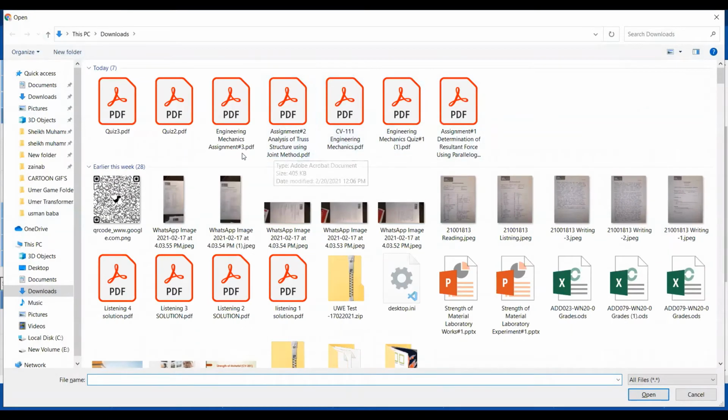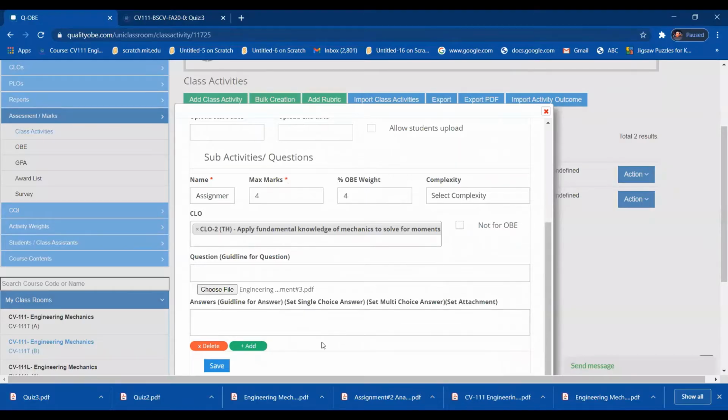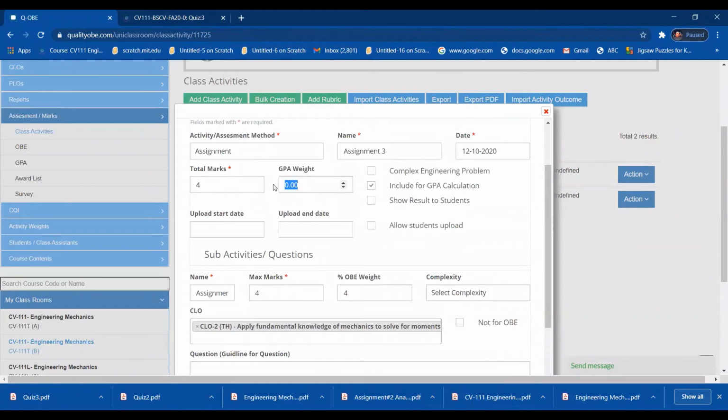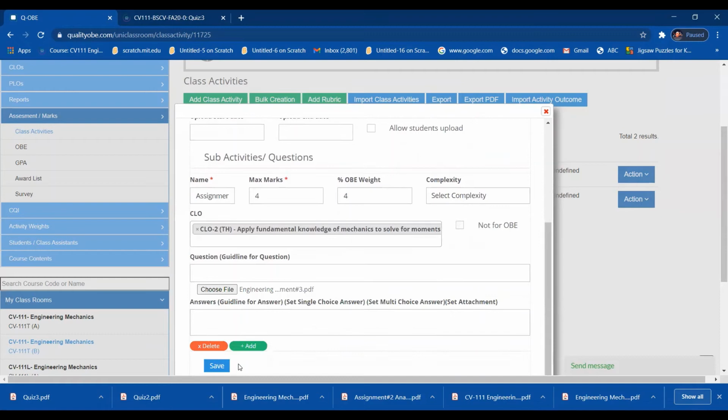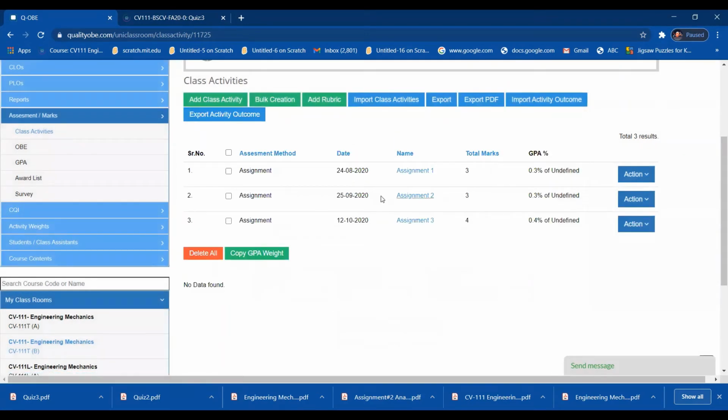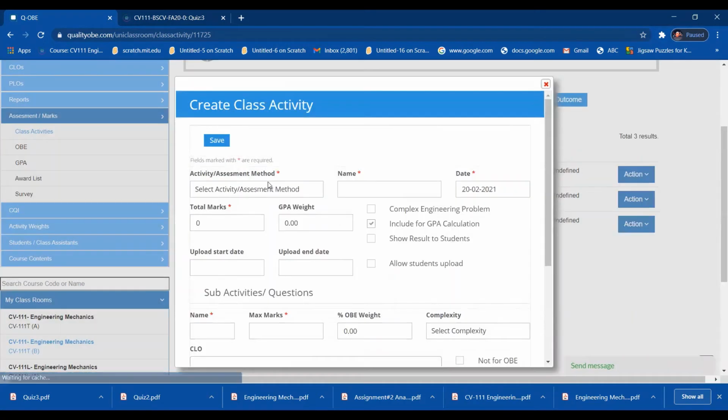This one. I added it over here, and this is 4 marks, 4% GPA weight, and then I have to click on the Save tab. So I have generated all 3 class activities of the assignment. Now I have to add another class activity, and that is the quiz.